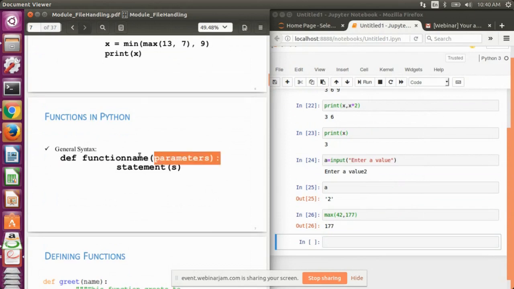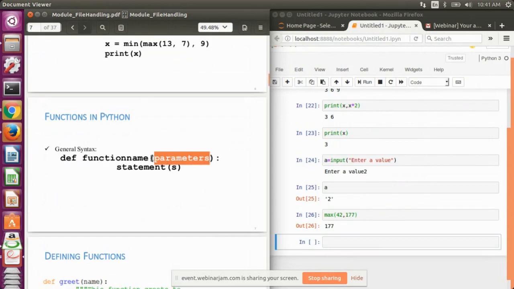So this is the first line whenever you are defining a function: def, that is a keyword, space, your function name depending on the user's requirement, then in the brackets you can pass the parameters, and the last thing is a colon. One thing more, the parameters are optional. If your function definition does not require any data processing or any input from the user, then you can skip the parameter part.